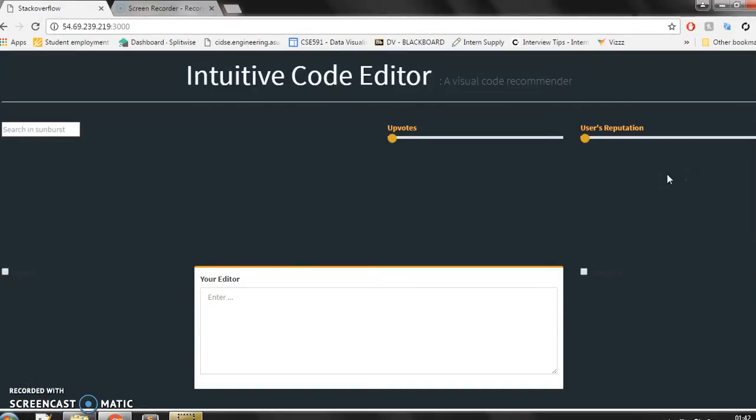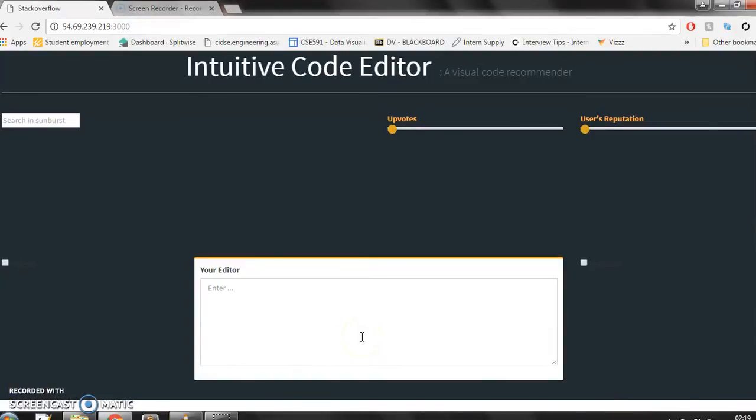So now you are seeing a code editor wherein a user will type his Java code, and based on what he or she is typing, we will be displaying two visualizations. One, a sunburst chart which will display the next probable word that the user is going to type, so that even if a user is new to Java or doesn't know what to type next, he could always refer to the sunburst. And the second visualization that we have used is a zoomable tree map, which will display the various questions and answers that have been answered on the discussion forums based on what the user has typed till now.